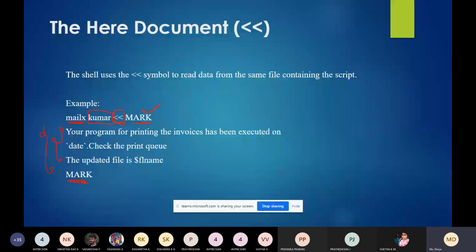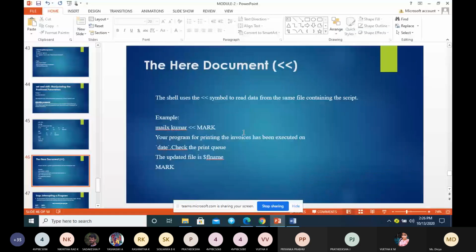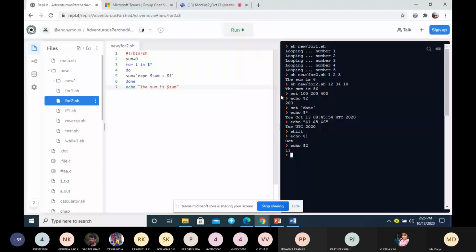I'll show an example. Here I'll be using here document for the cat command.